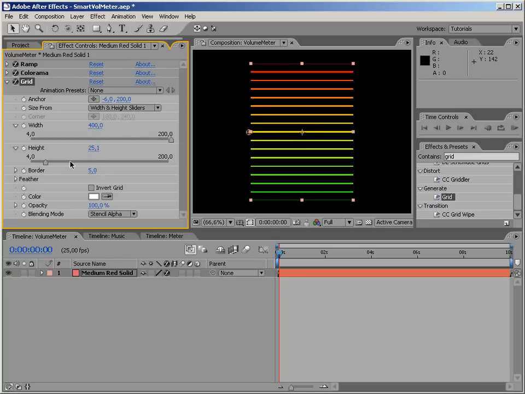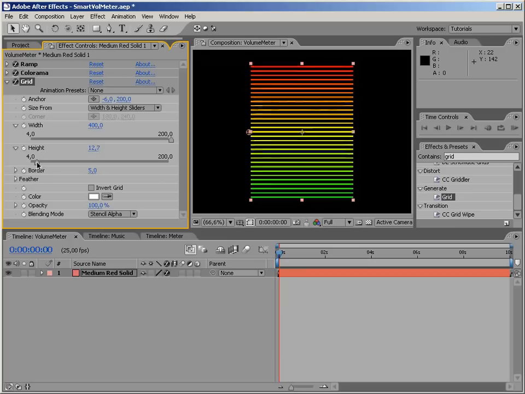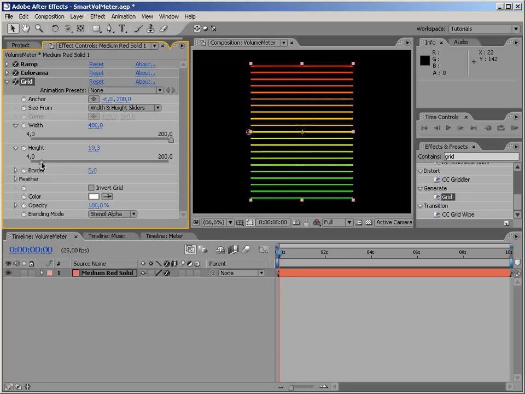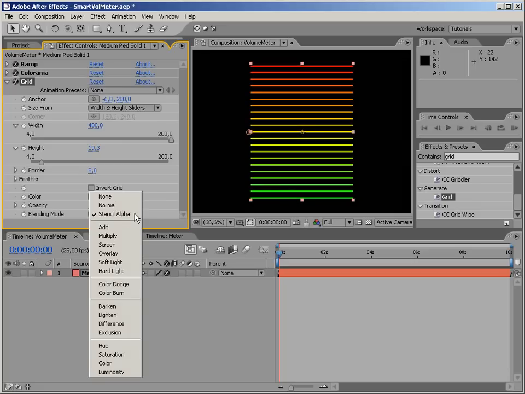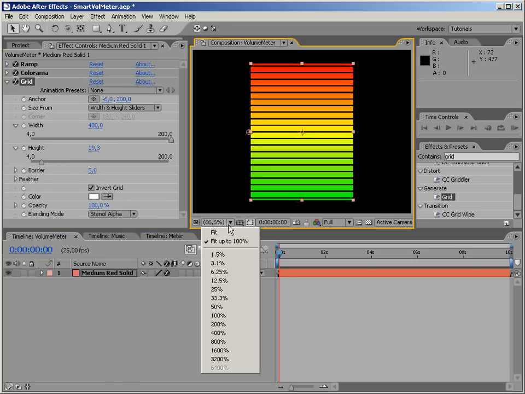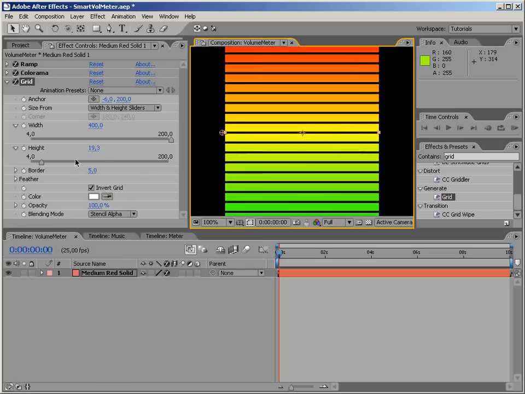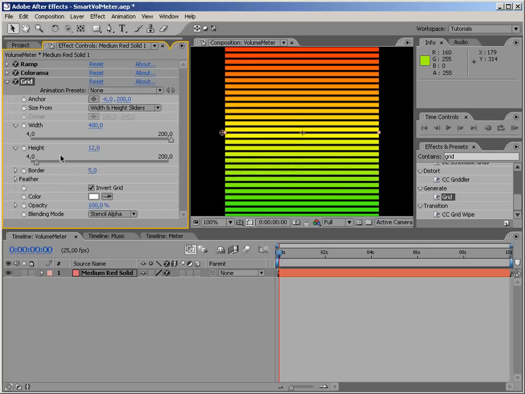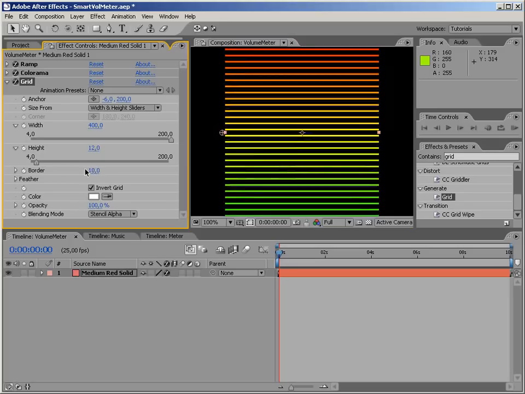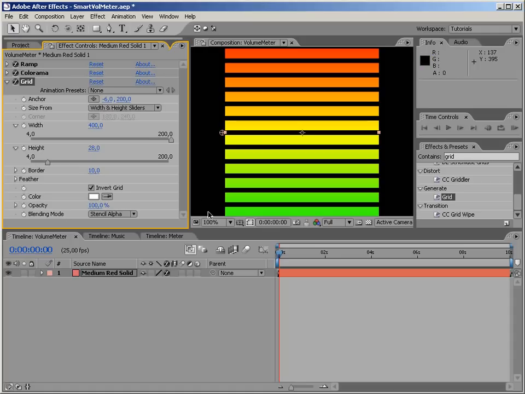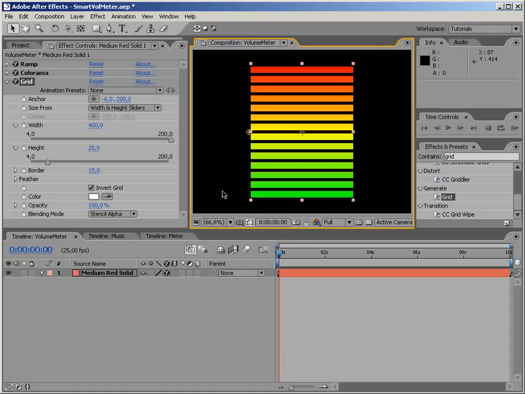Okay. And maybe something like this. And is there an option to invert this? Yes, there is. Okay, let's just turn to 100% so we can see what it looks like. Maybe something like that. Yes, this looks